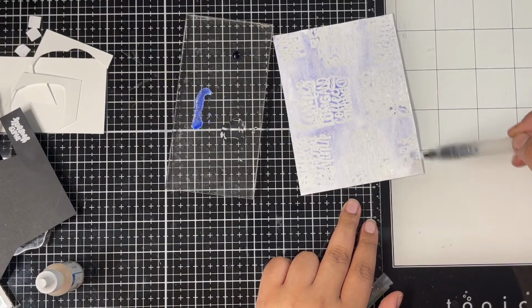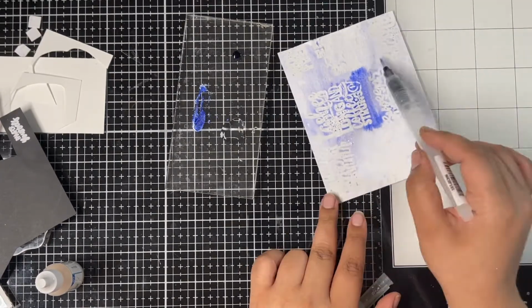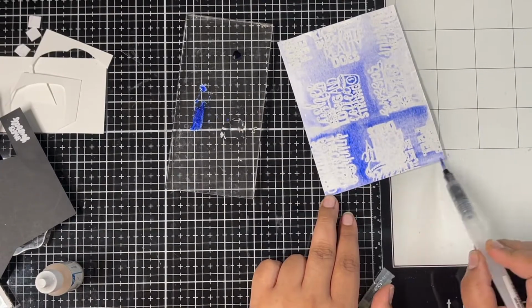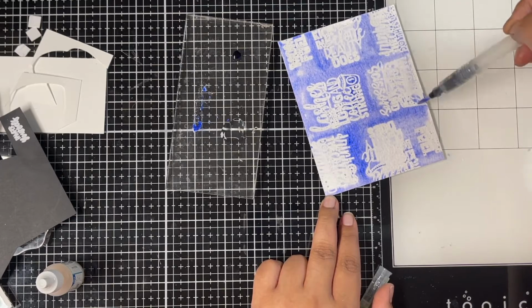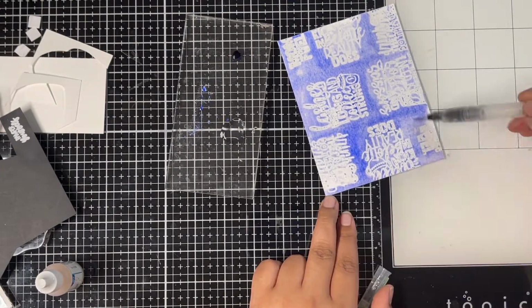For my first layer, I'm adding a very diluted color to my background. It's always good to start with less, so I always like to use very light colors when putting my first layer, and I slowly build my layers. So once I had my first layer of color, I added a little bit more blue to my color, and here I'm just making it a little more dark. Now you can see the sentiments more clearly,